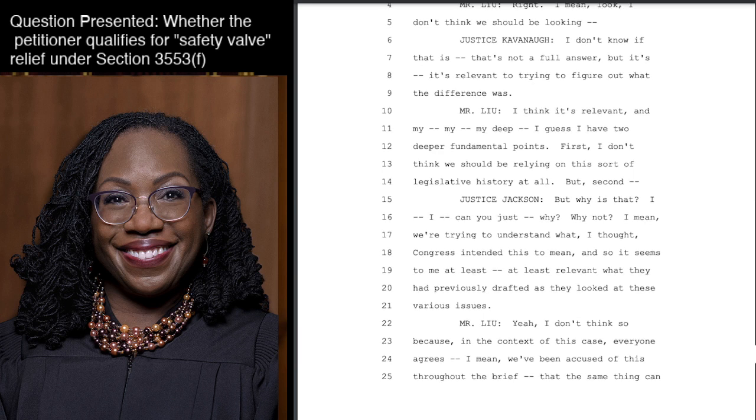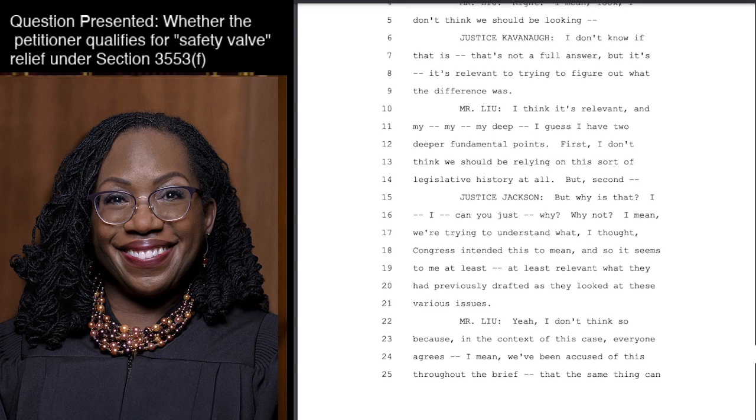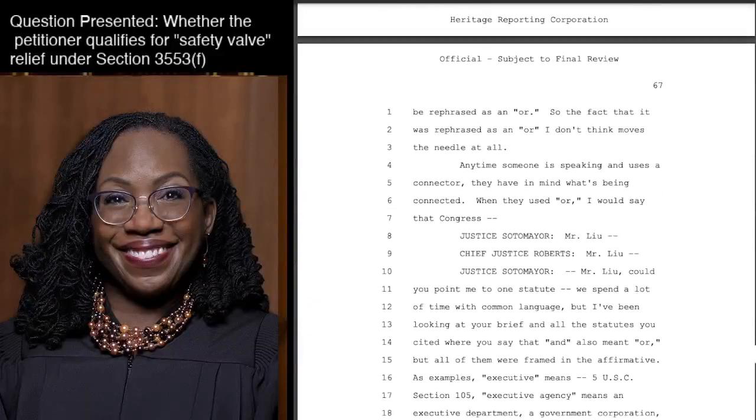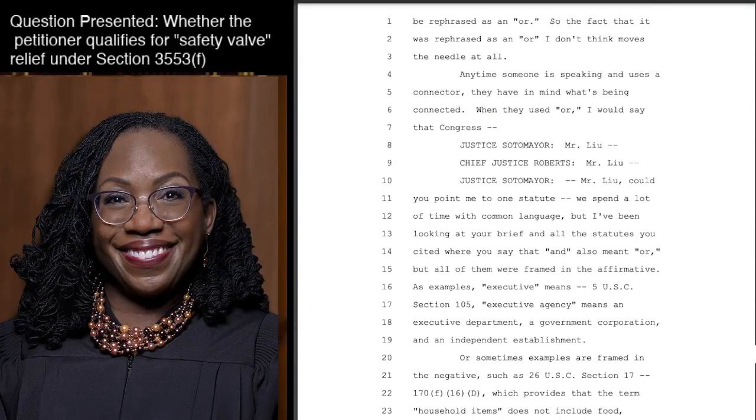Yeah, I don't think so, because in the context of this case, everyone agrees, and we've been accused of this throughout the brief, that the same thing can be rephrased as an "or." So the fact that it was rephrased as an "or," I don't think moves the needle at all. Anytime someone is speaking and uses a connector, they have in mind what's being connected. When they used "or," I would say that Congress — Mr. Liu,